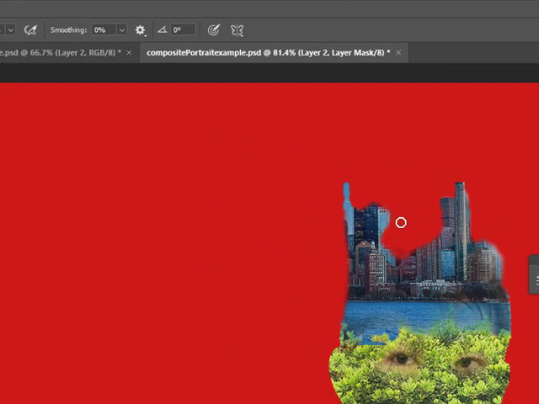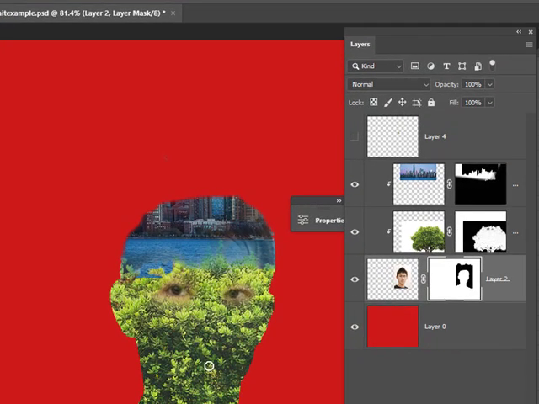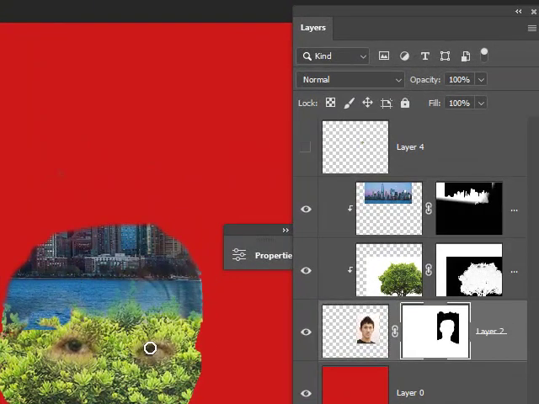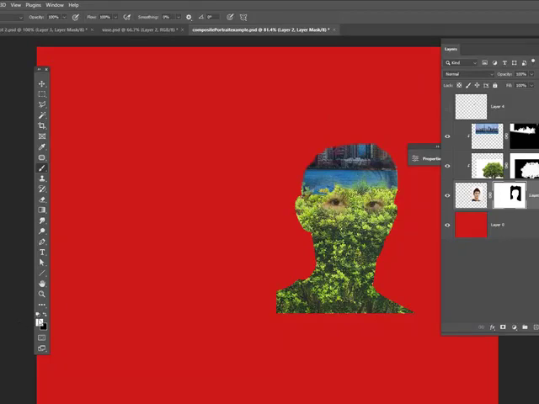All right, I'm going to get rid of some of this here so that I can bring it back and you can see what I was talking about. Okay, so imagine something like this is the top of his head, and the building is sitting in there. So instead of keeping the top of his head as the top of the portrait, I want the city to be it. So I select the mask, and I am painting with white,